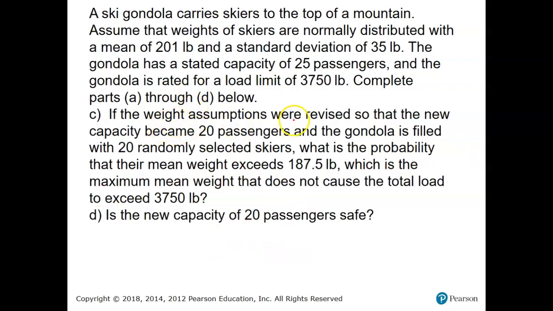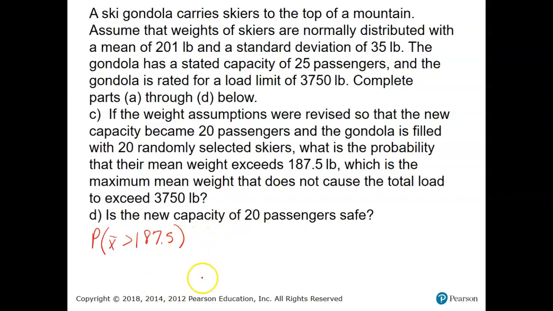Okay, part C. If the weight assumptions were revised so that the new capacity became 20 pounds and the gondola is filled with 20 randomly selected skiers, what's the probability that their mean weight exceeds 187.5 pounds, which is the maximum mean weight that does not cause the total load to exceed 3750? So I want the probability that their mean weight exceeds